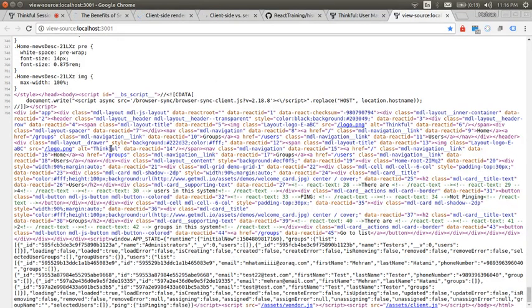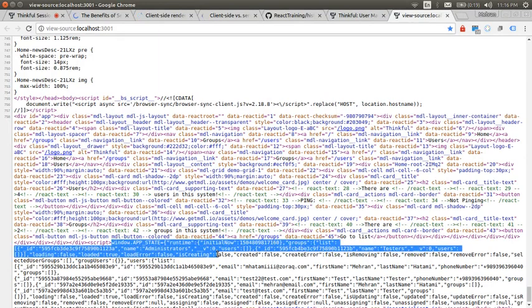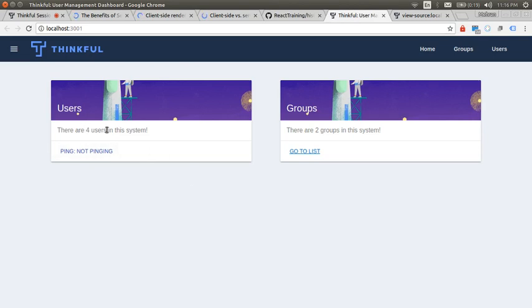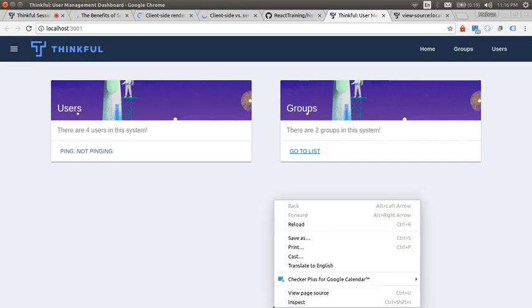So right here I have this variable app state. This is a script tag which has the initial state, which handles groups, and if you just take a quick look inside of this, you can see this groups has data, lists, ID, name, administrators, users array is empty, another group name, testers. As you can see, there is no data here. There are 4 users in this system. There are 2 groups in this system. So let's just, now what I'm going to do here,